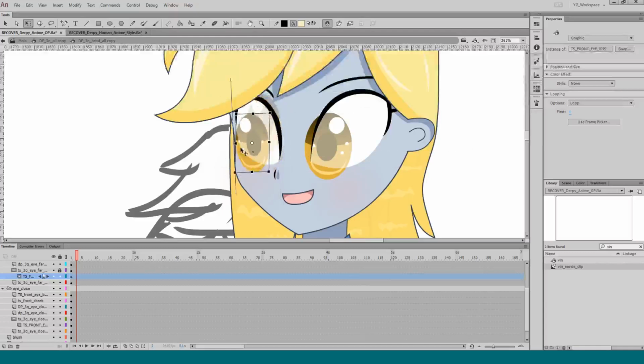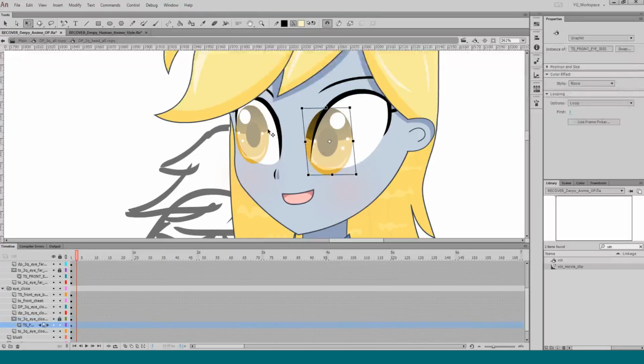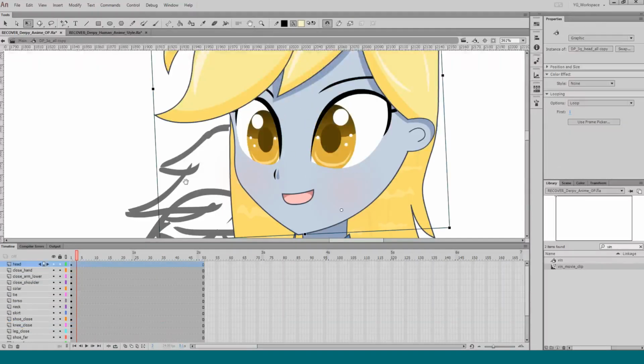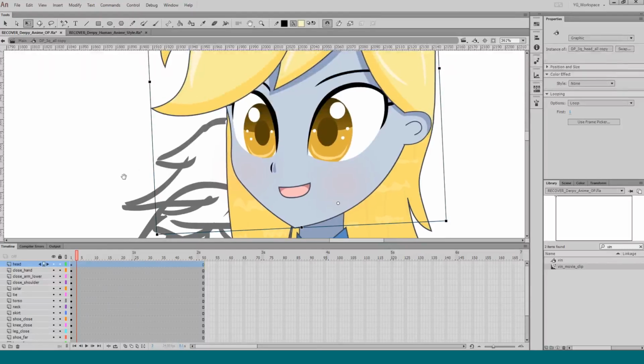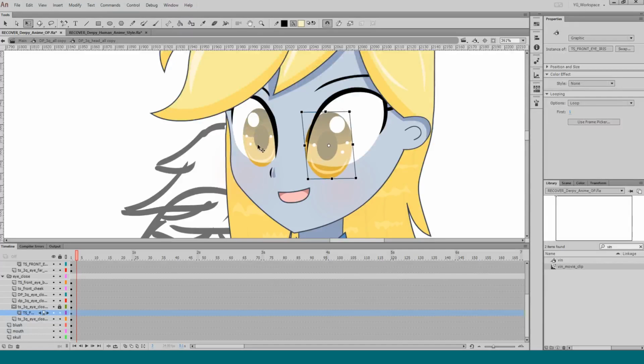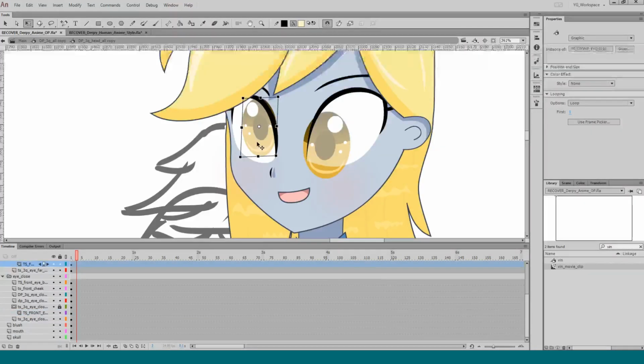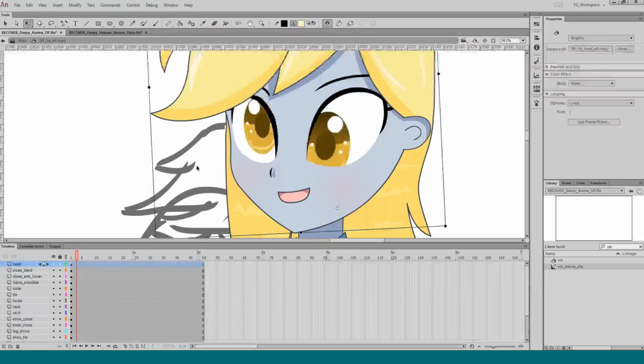And I can move the eye around with just one object. So there we go. I can make her look alright. Yeah. That just looks wrong. So what I usually do is get it good, and then have one eye look where she should be going, and then one eye just a little bit off.